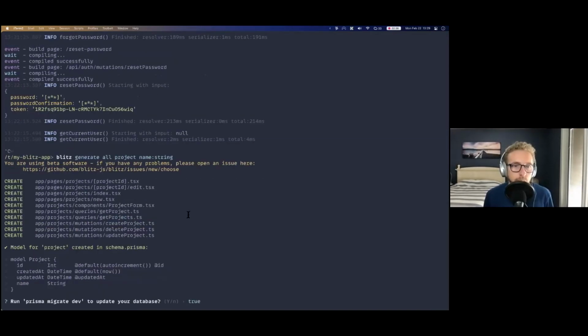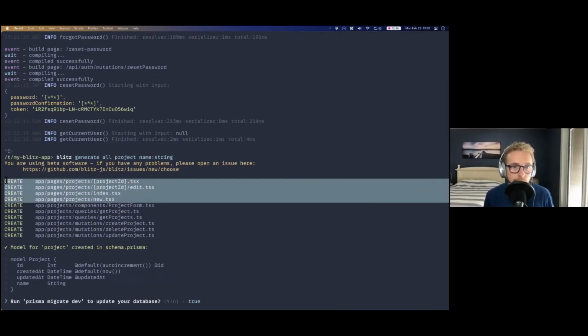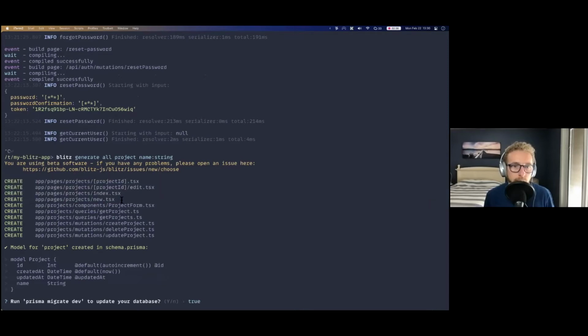and this will create a number of pages. So it creates a page for each of the four things. So CRUD, C-R-U-D, is create, read, update, and delete. So that's your four fundamental data operations. And this Blitz generate all generates all the code that you need to do those four things.